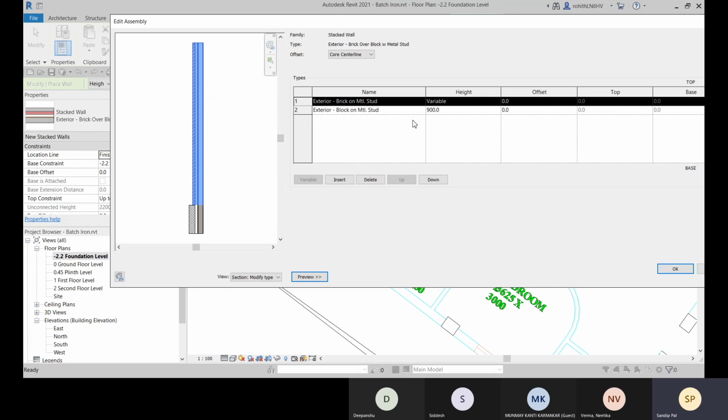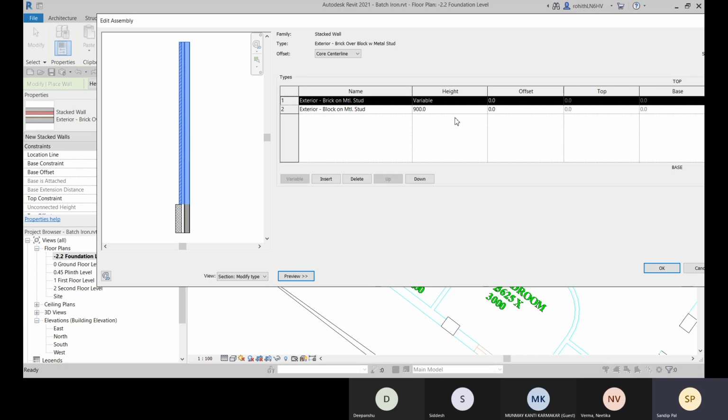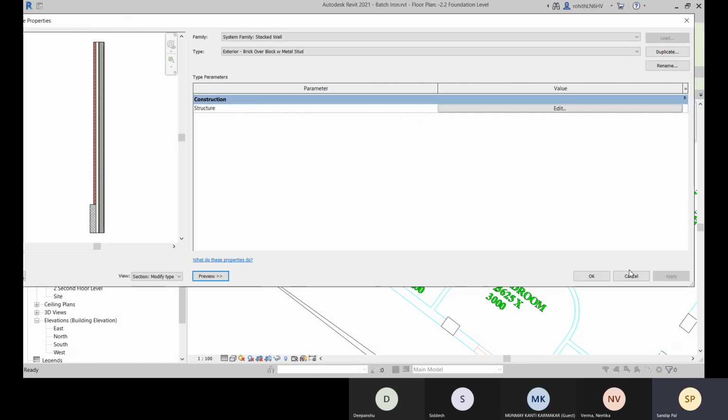So the bottom one has the fixed height 900 mm. The height is 900 mm, and the top one has the height variable. Okay. So that top wall can be placed at different height.